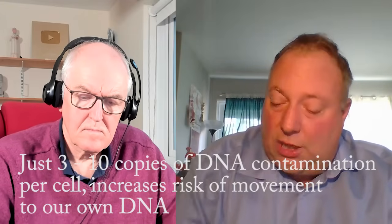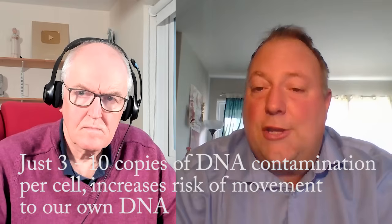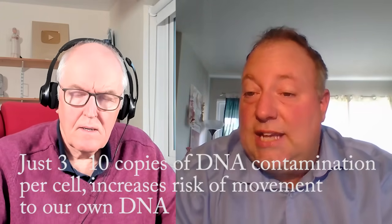If you have as few as 3 to 10 copies per cell, it will greatly increase their ability to be transported into the cell's nucleus, especially in non-dividing cells, which means it'll move those DNA fragments across the nuclear envelope, and it could integrate into the cell. Is integration possible? Well, Kevin's work